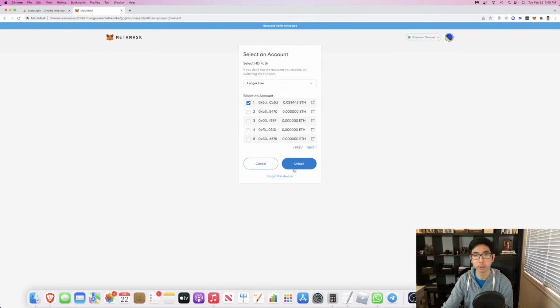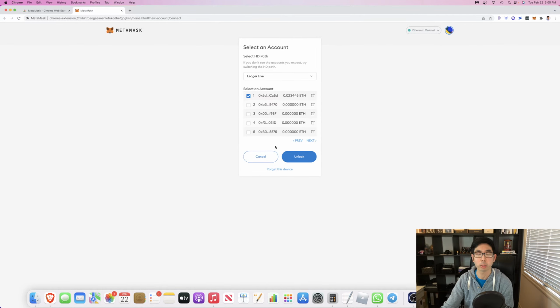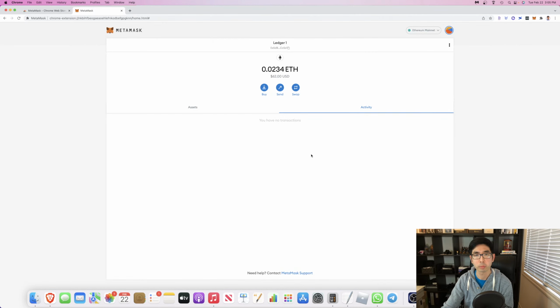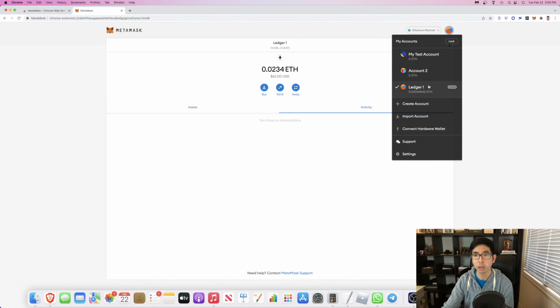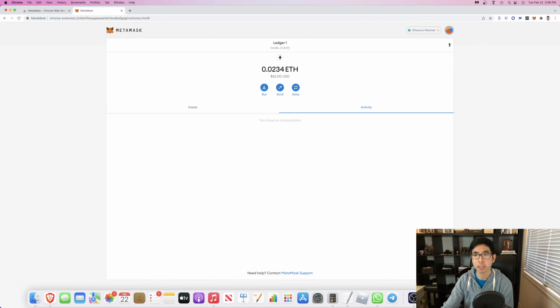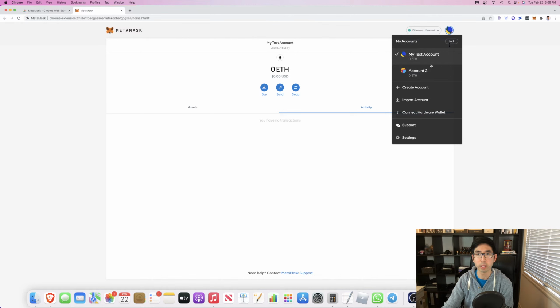and I can choose a wallet. It will show all the accounts that are linked to your wallet, and you can just unlock it and basically have access to your wallet. So you can remove the hardware wallets from your MetaMask and add them back using the same method. But what you can't do is remove the accounts that are generated and tied to your MetaMask seed. Okay, so